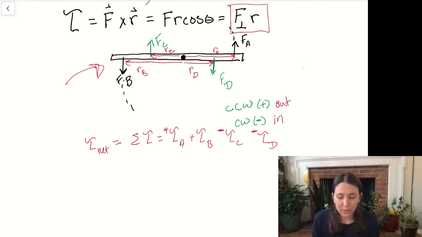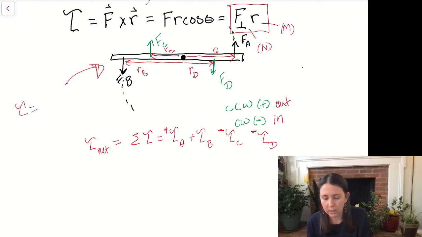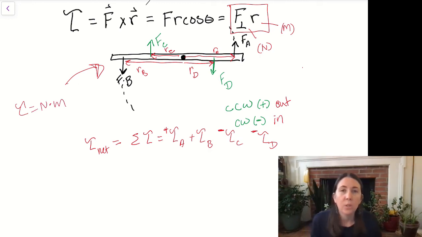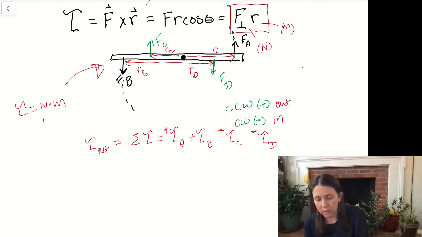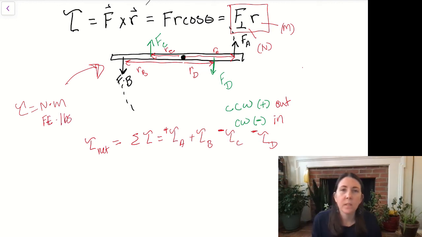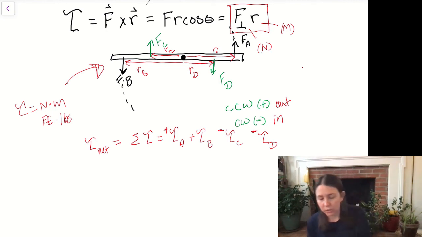So what are the units for torque? Well, if it's a force, then you have a unit of newtons times the radius, a unit of meters. And so the unit for torque is given in newton-meters. You might often see torque in the United States given the unit of foot-pounds. This is pretty common if you are changing a tire and tightening your lug nuts. The idea is that a lug nut needs to be tightened to 100 foot-pounds,